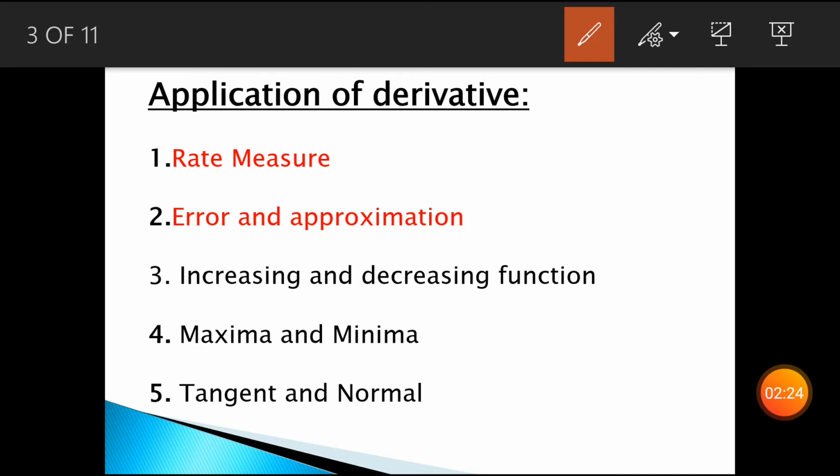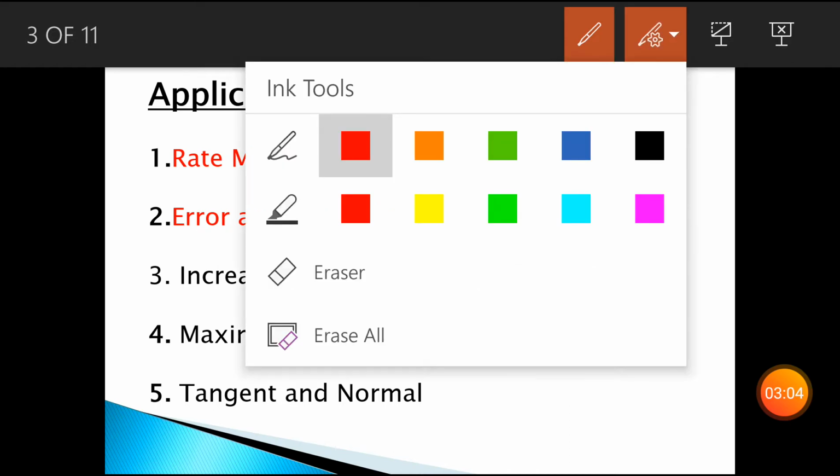We are going to study each and every topic in detail. All the topics are very important, and for competitions they are very useful. Two of the topics I wrote in red ink. Why is it so? Because, as you know, just because of the COVID pandemic, the course of 12th standard is reduced. So these two topics are not part of your class 12th syllabus right now, but as these topics are very important from the competitive point of view, I am going to cover all of them. So we are going to begin with rate measure. Let's see what that is.